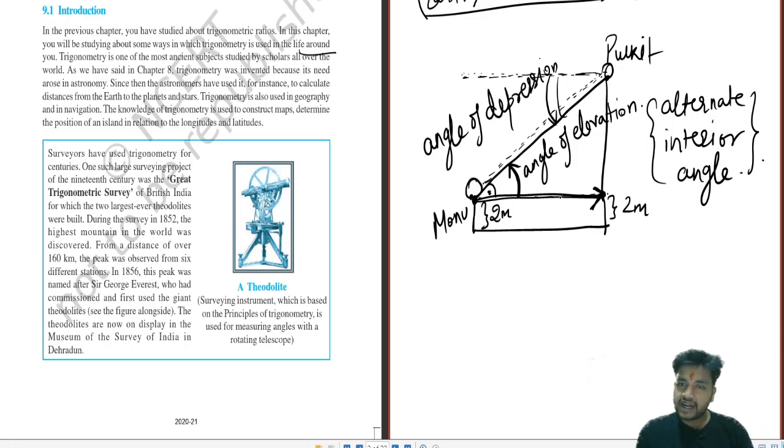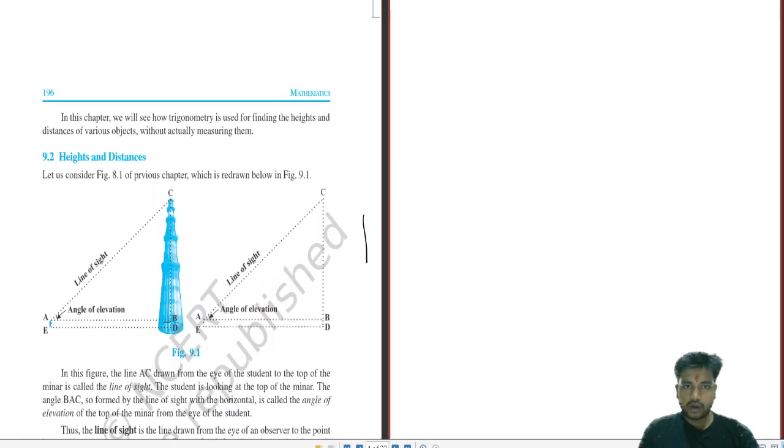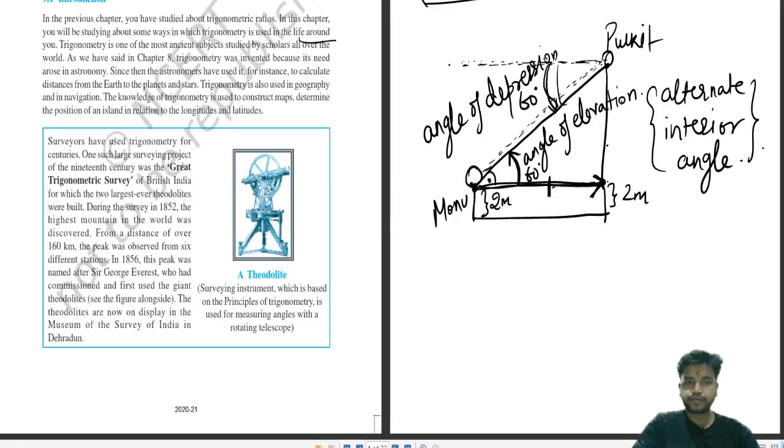Like if you want to find this height, this length, and you have been given this angle, this is 60 degrees, you can automatically convert this 60 degrees over here also, and you can use the concept of trigonometry to find this or this, of anything provided and anything not provided. Okay, so this is the basic concept we are dealing with in height and distance, if you look into this very carefully.